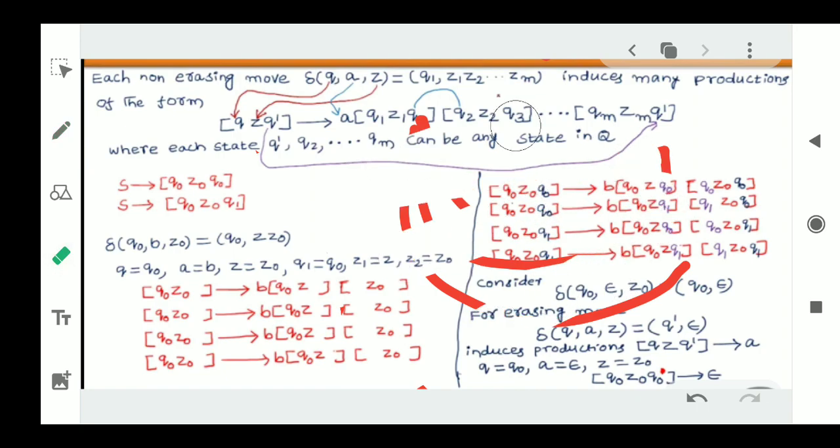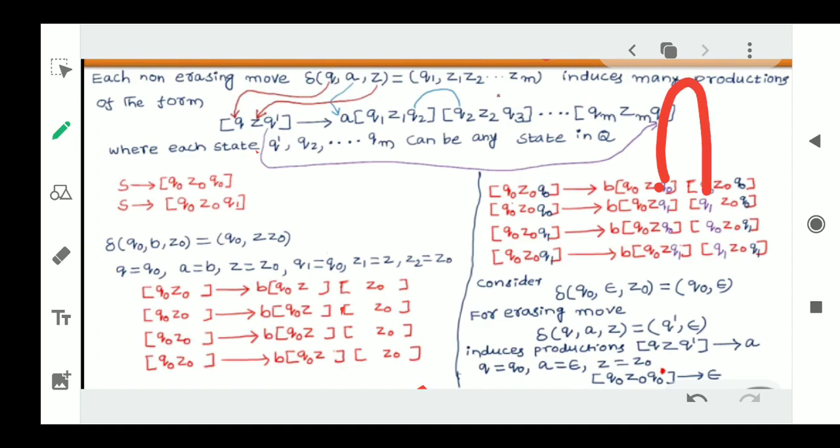Like that. One time we will substitute Q0. Another time we will substitute Q1. Okay. So once we substitute Q0 here, the same thing you copy in the next place also. See here, Q0, Q2, both are same, right? Here Q2, both are same. That's why, once you substitute one value here, you substitute the same value there also.